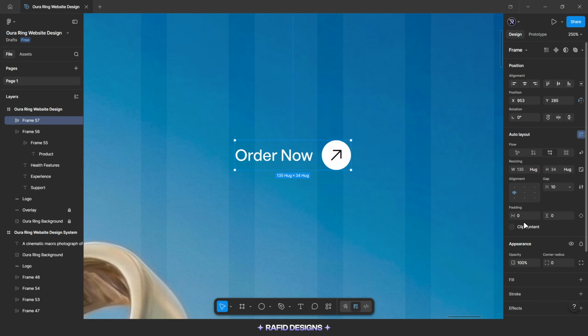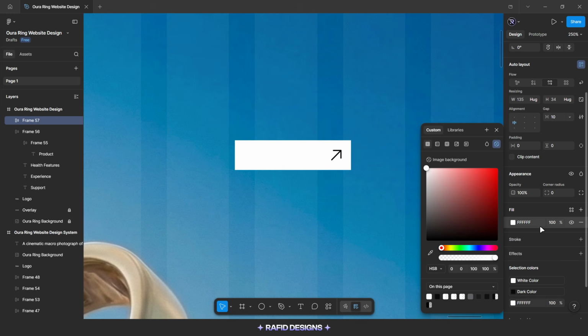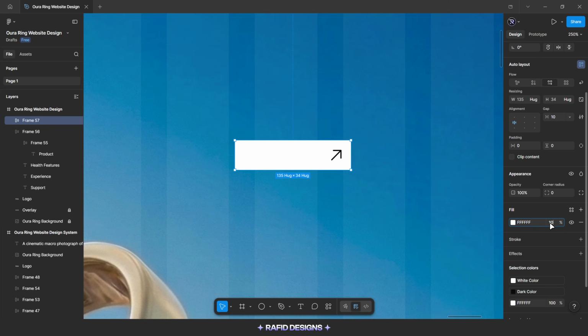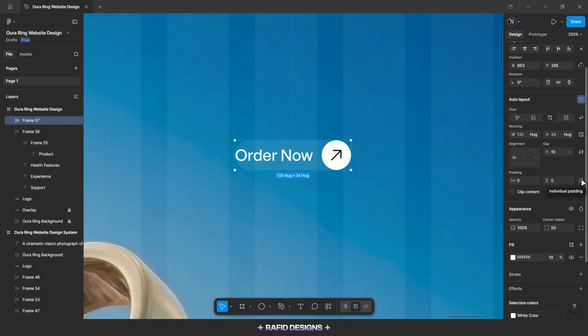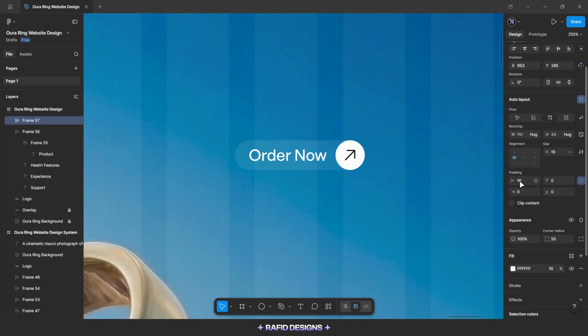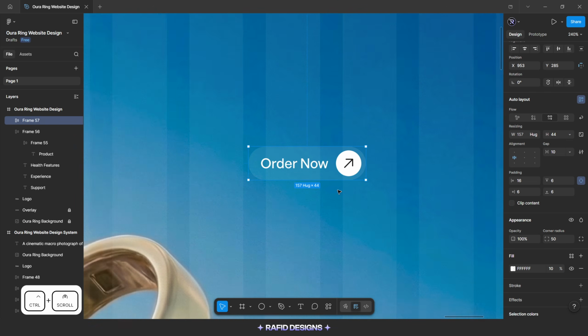Now I'm going to add fill color of this white color, and I'm going to make the fill color opacity 10%, make the corner radius 50 pixel, and I'm going to adjust this padding. So click on this icon, and I'm going to add left side padding of 16 pixel, top side padding of 6 pixel, bottom side padding of 6 pixel, and the right side padding of 6 pixel. And I'm going to make this order now button height 44 pixel,